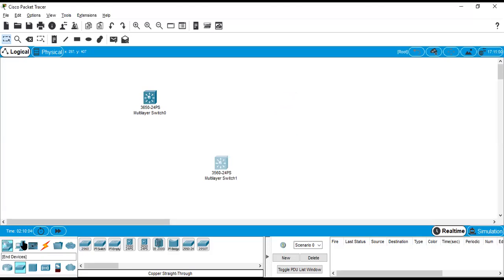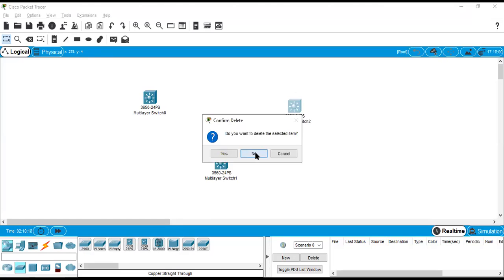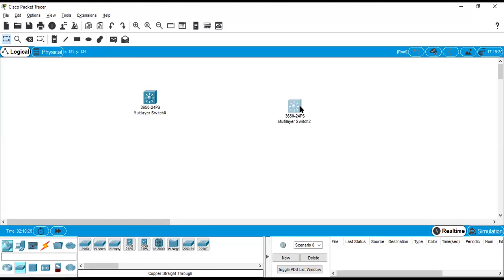We can add a switch, 3560. We can use the same model, 3560.